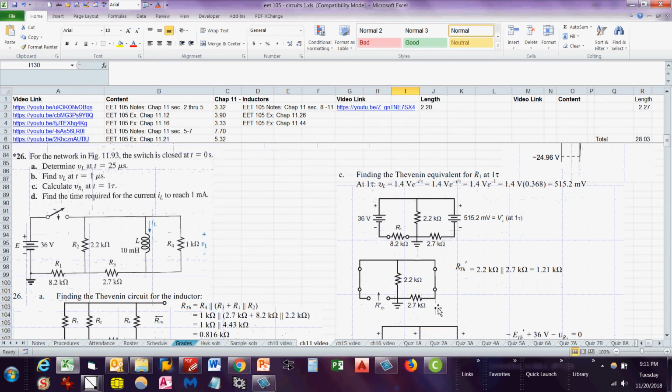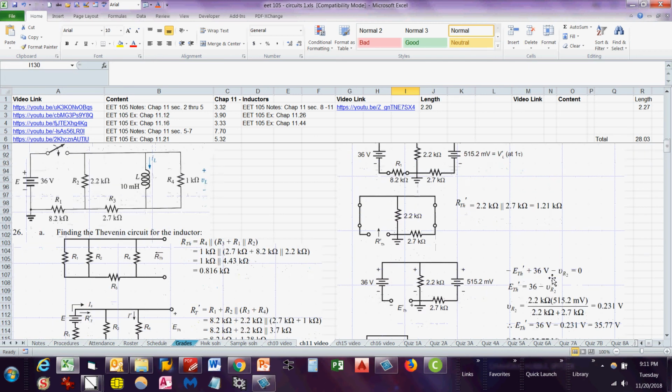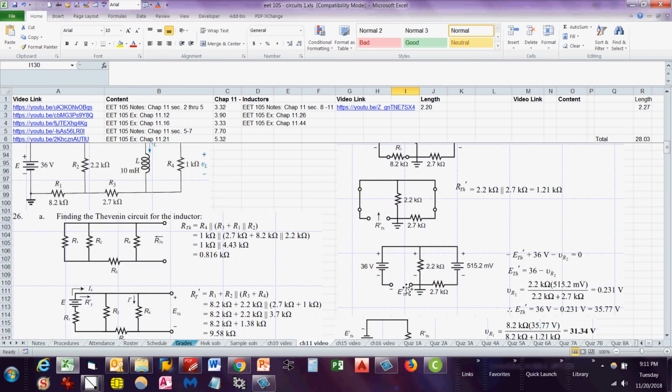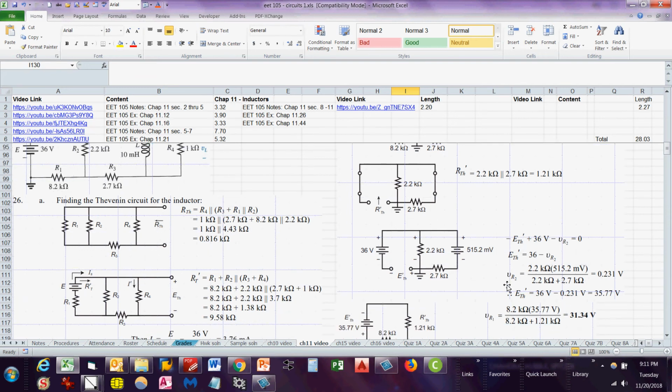And then calculating R Thevenin with this shorted, this is where the load is, AB. It's just these two resistors in parallel. This is also shorted, 1.21 kiloohms. Then E Thevenin at that point, put the voltage source back in, this voltage source back in, going around this loop, we have minus E Thevenin plus 36 minus VR2, which is across the 2.2K resistor. So you can calculate VR2